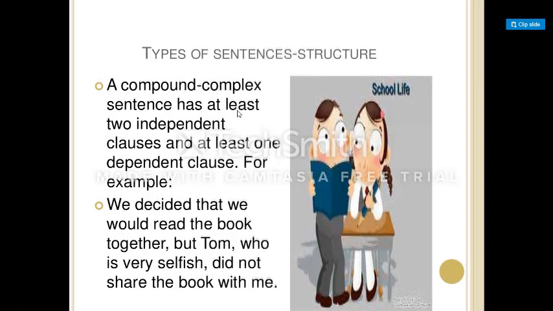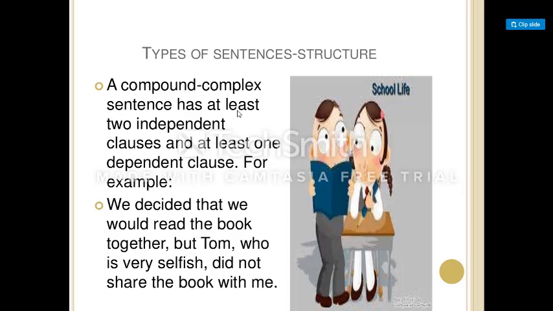So today we talked about some types of sentences according to structure, in which we have talked about a simple sentence. What is a simple sentence? A simple sentence is a sentence with a single independent clause, having no conjunctions, or having a single thought. The number of thoughts basically depends on the number of verbs. If you have more than one verb, then there would be more than one thought.